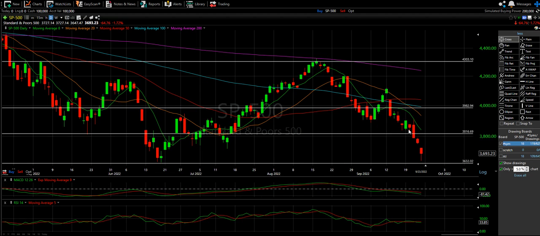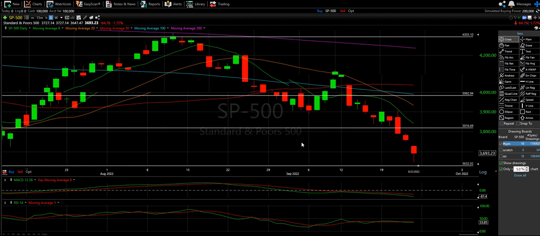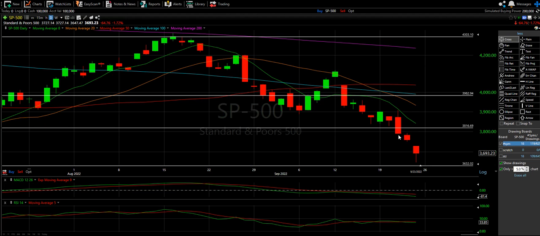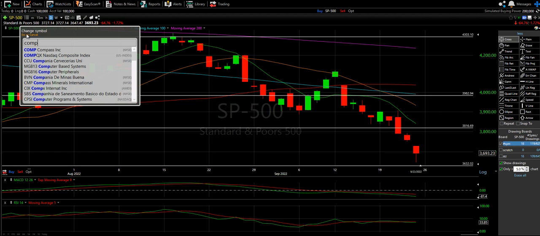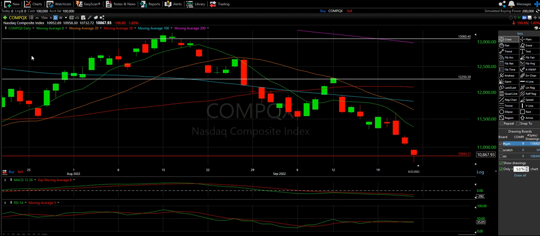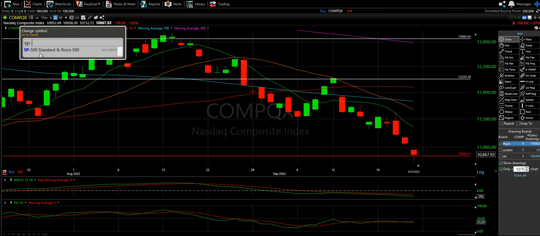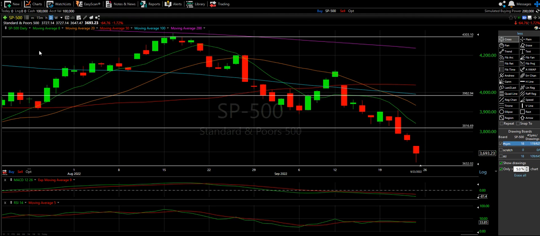Again, though, like I said, I don't have to go into this chart too much, because it's a lot of the exact same thing, right? Let me actually just, we're looking at the S&P right now. I've switched over to the NASDAQ, and it's almost identical, right? I'm not zooming at all. It's almost identical, right? Look at all that.